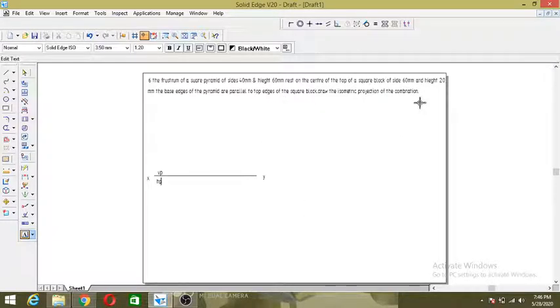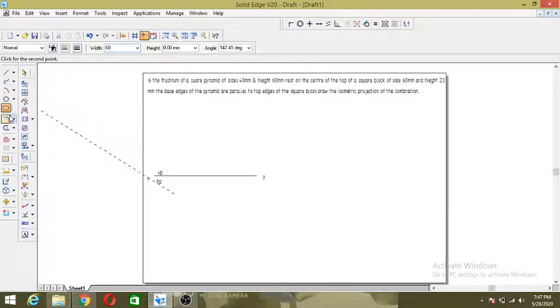So what we have to do initially is draw the square block of 60 into 20. On that they placed a frustum of a square pyramid. That is when I'm viewing from the top. How does the square block look? It looks like a square of 60.